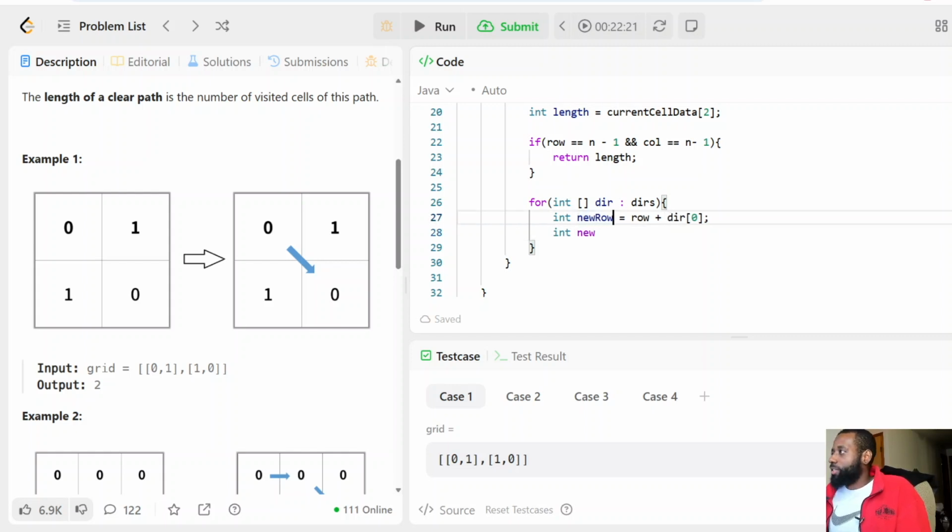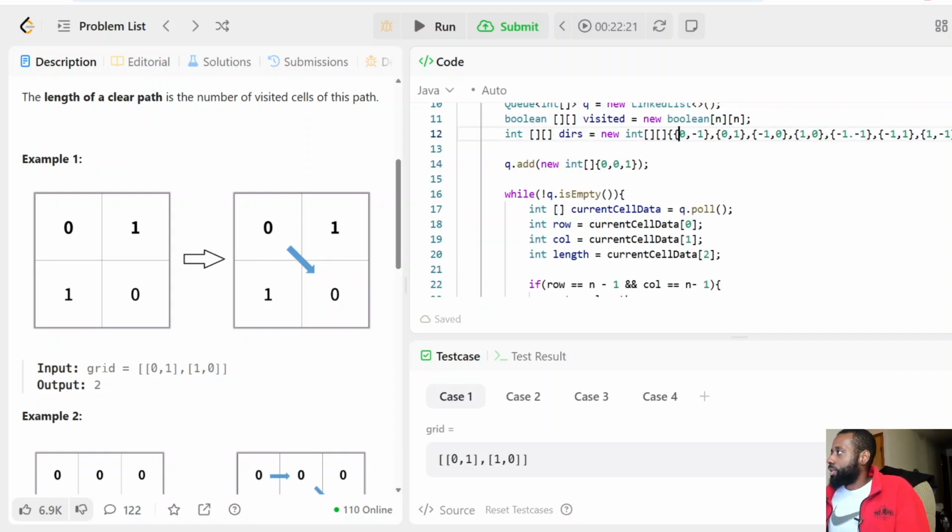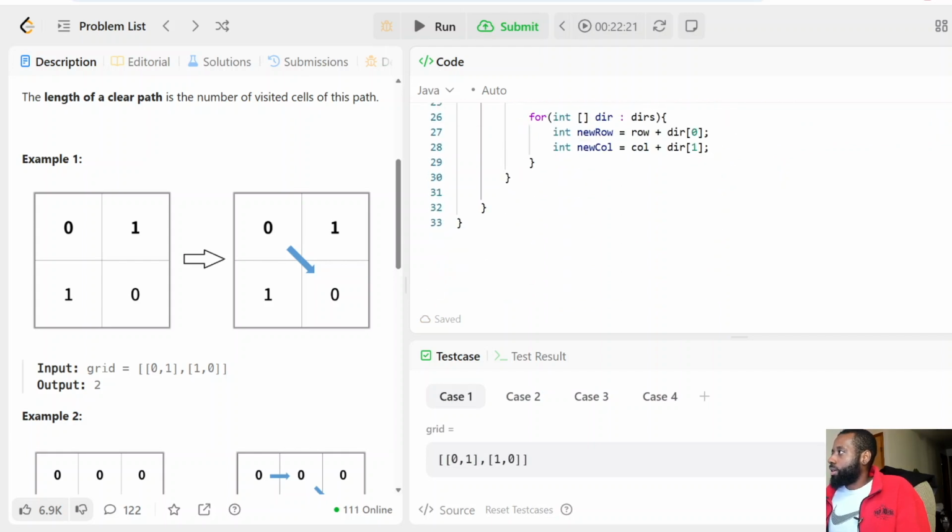And the new, maybe I could make it even better. New row, new call. It'll be the current call that we're on, and then plus one, because that's for each direction. This is for the row, and this is for the column. Okay, and now that we've got those, what's next for us is to